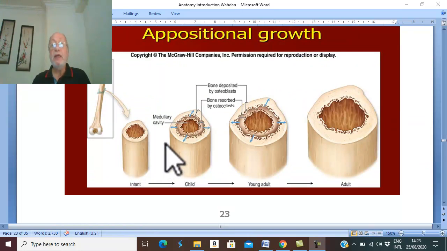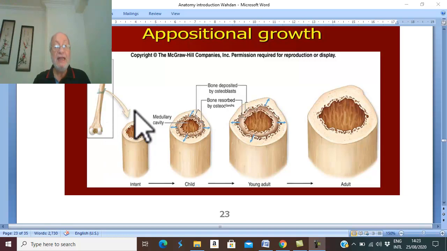Growth in width occurs by the osteoblasts present in the periosteum. The periosteum contains 2 layers, an outer superficial fibrous layer and a deep osteoblastic layer. The osteoblastic layer